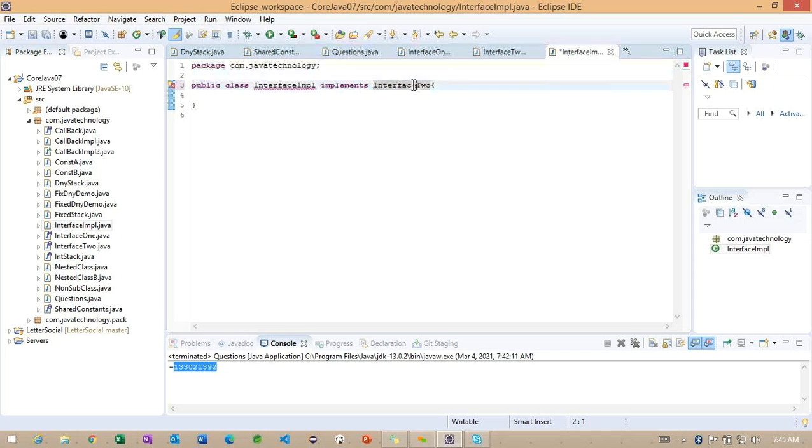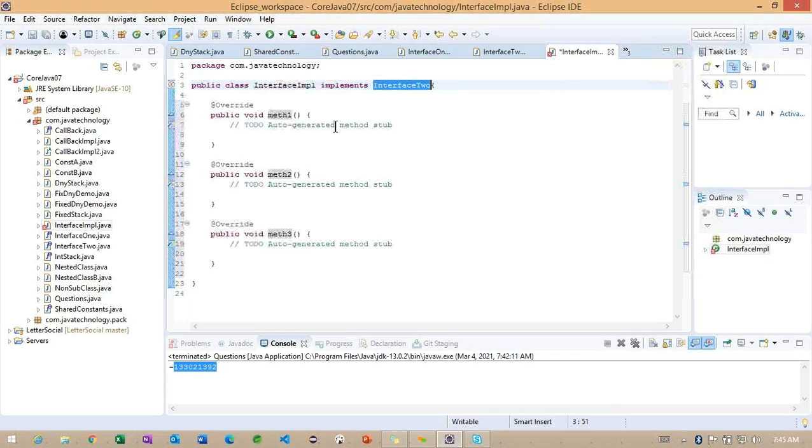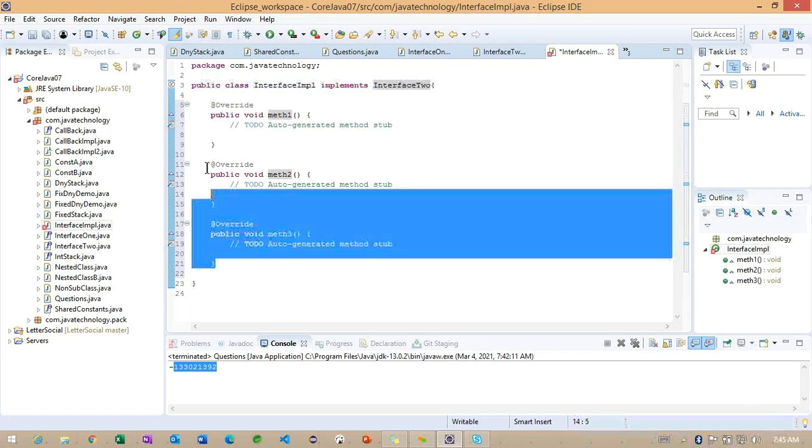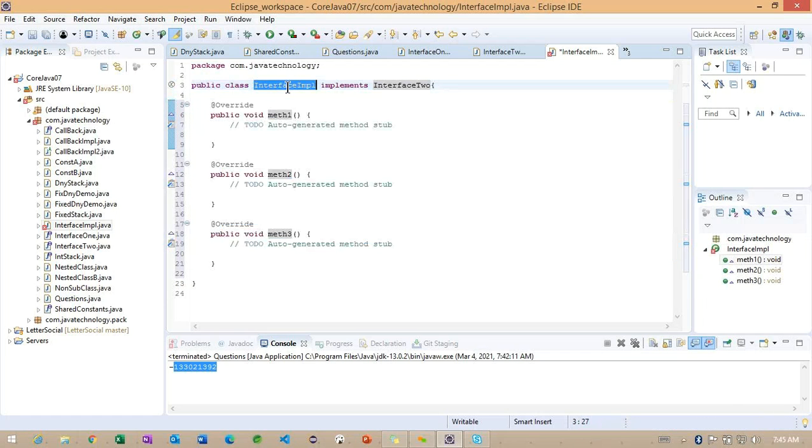If you observe carefully, when we are using this interface 2, how many methods are we going to override? 3 methods. Interface to interface we extended. So logically, the 2 methods are available in interface 2, and interface 2 has one more method, method 3, and along with this method 3, we have 3 methods to override whenever we implement this particular interface.